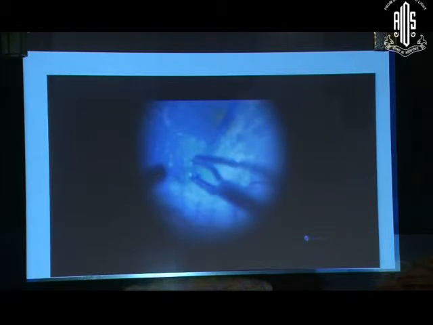So this is just a small clip. Basically the brilliant blue has stained the ERM to a good extent. Otherwise, you can sort of double stain also. You can use Orocort to stain the ERM and then again stain with brilliant blue to stain the ILM. There are 2 ways. You can either just remove the ERM or you can do a combined ILM peeling along with the ERM.